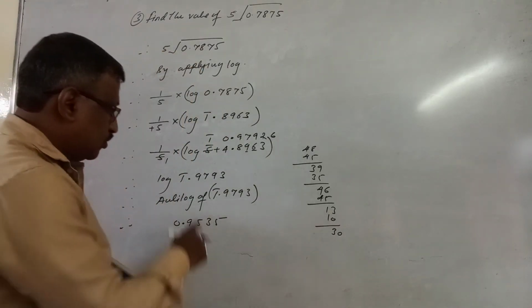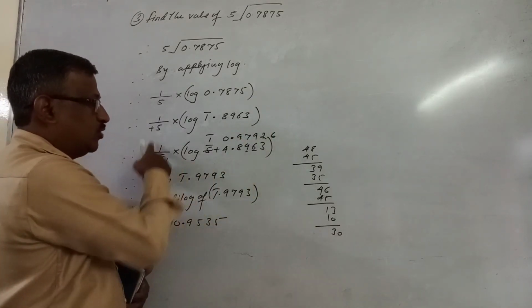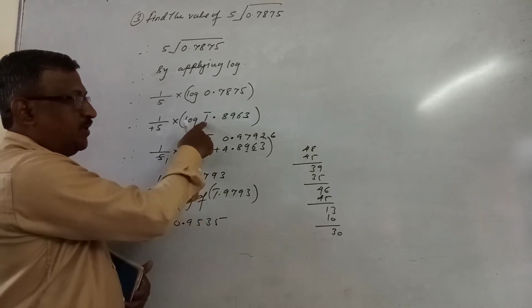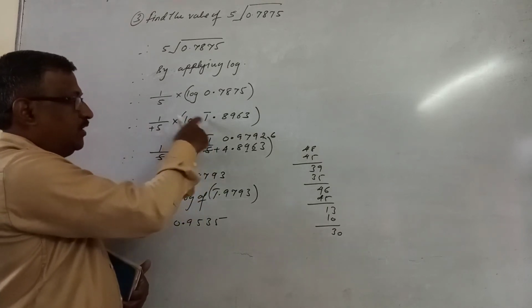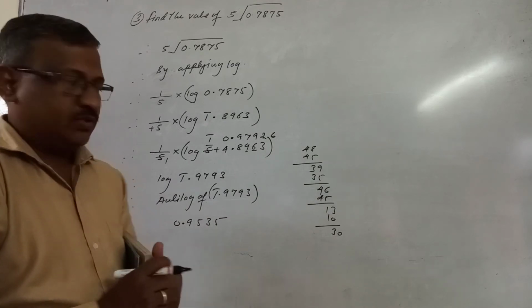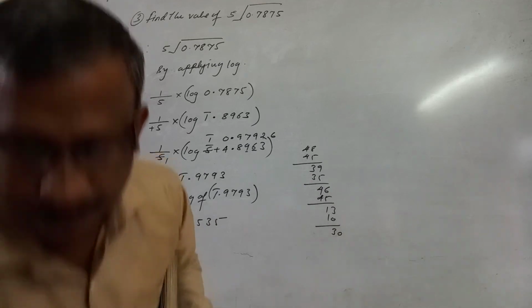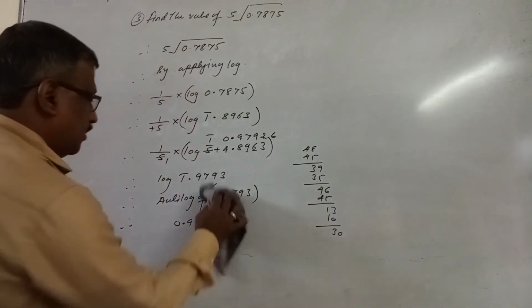Understood? So this calculation is very important. This adjustment you have to remember, right? So this adjustment you have to do while dividing if your characteristics is negative. Understood? So I hope this adjustment is clear to you all. Or we'll solve one more sum on this. Means you will get the idea.